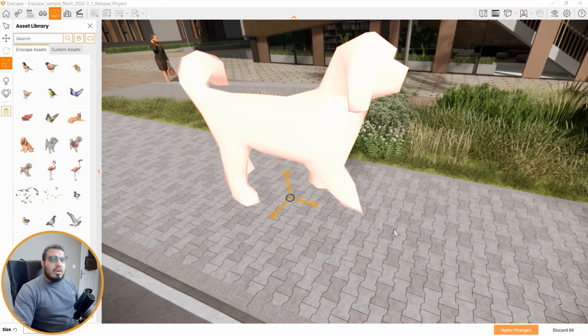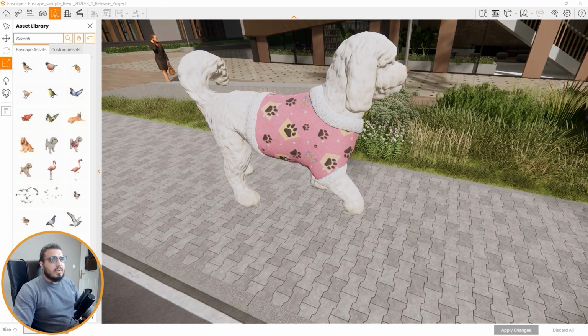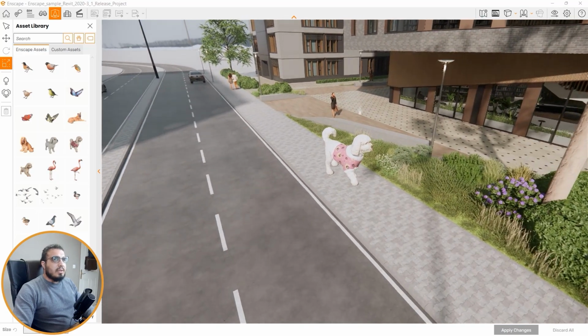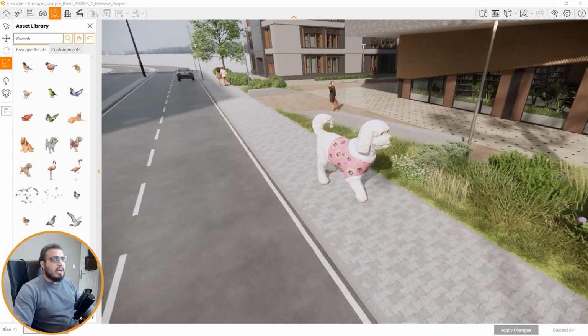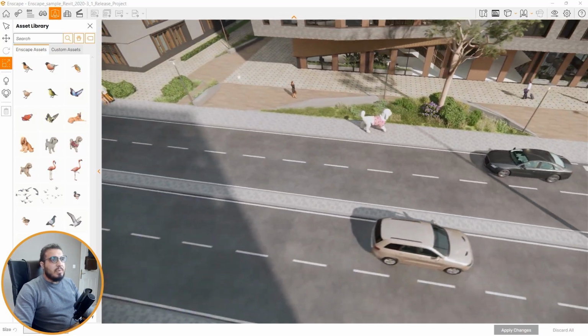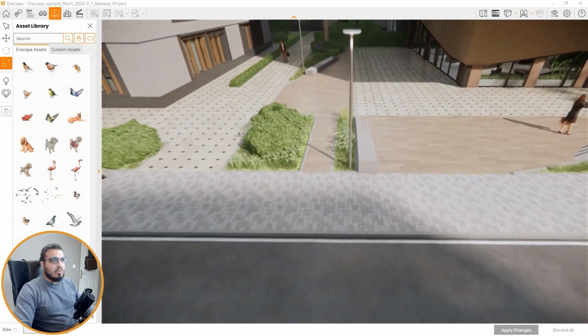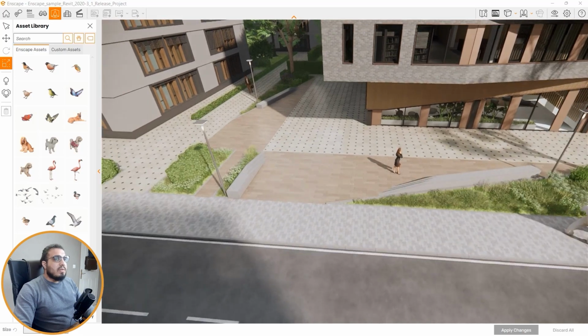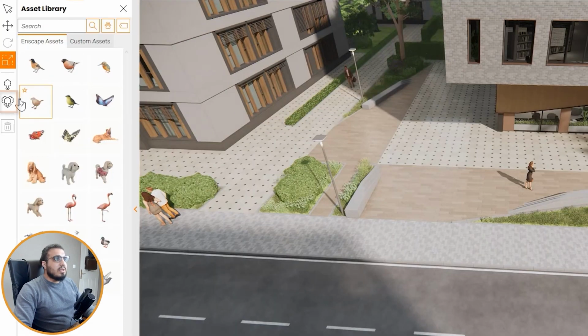But make sure to check the quality, because when you make them bigger, the quality is not that great because everything is much bigger, and this model is designed for that scale. And also you can scatter around. For example, if you have a big area in here and you want to populate some people in it or anything else, you can do it very easily with just using a scattering.